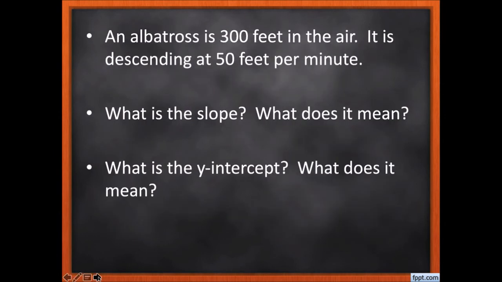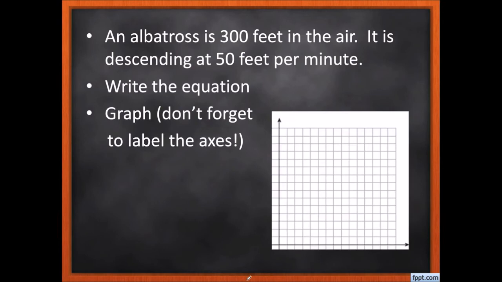An albatross is a kind of bird. And the word I want you to pay attention to is descending. The word descending means that it's going down. So this is going to be going down 50 feet per minute. On your graph for this one, I would count by 50 every other. So this would be 50,